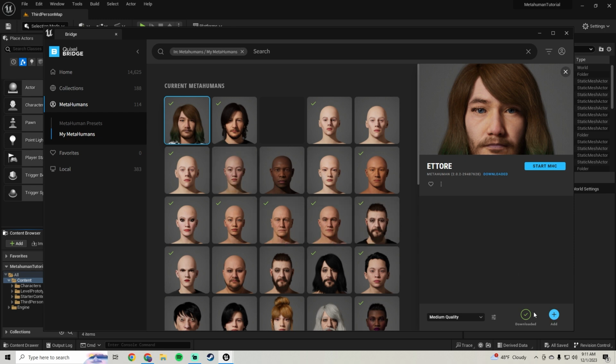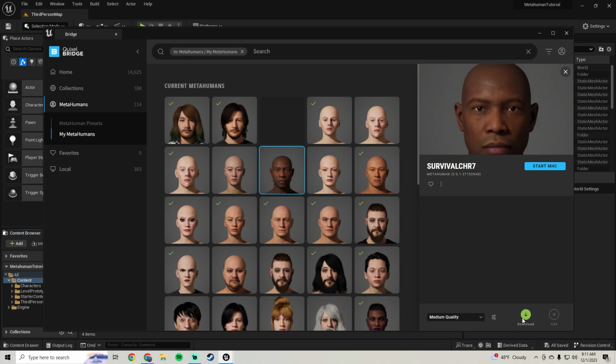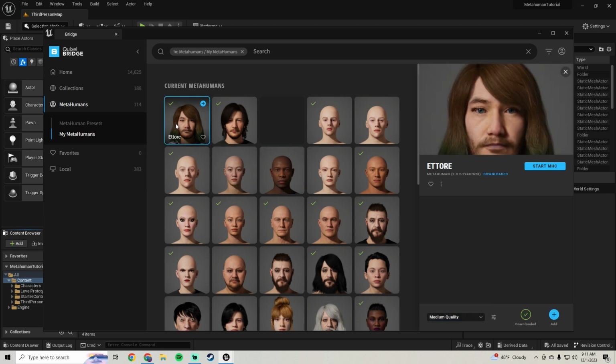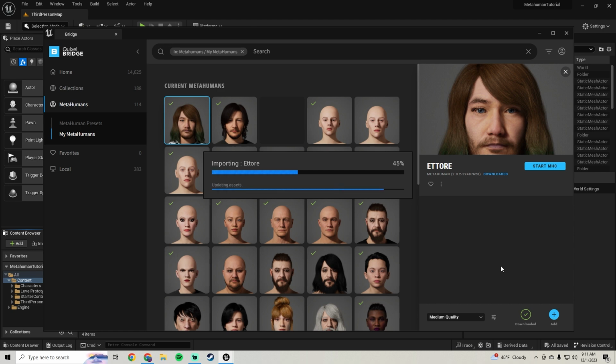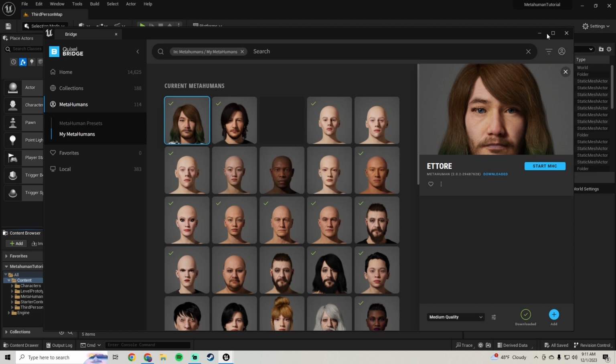I've already got this downloaded, but usually if you don't have it downloaded, let's click on one that I don't have downloaded. You can choose the quality settings that you want to download it at. I tend to choose medium, which will give you textures at 2K. You can go above that if you want. I tend to just go for medium. Then you want to click add. We'll add that to the project. It'll take a little second. And then